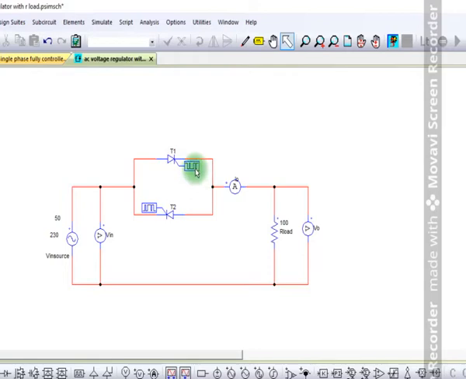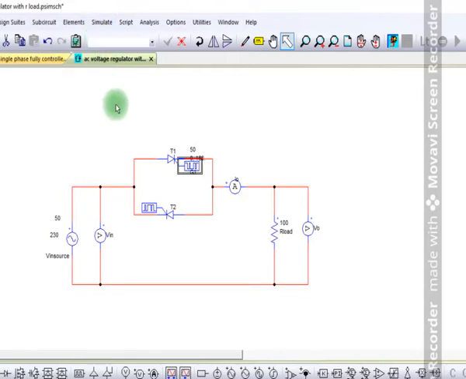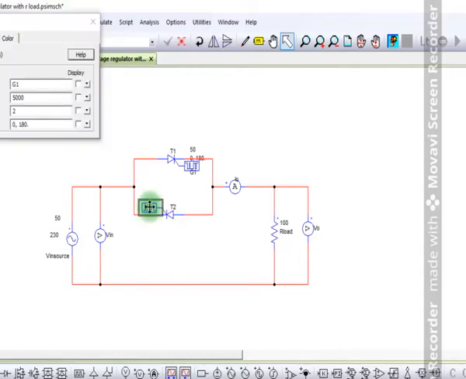these two gating blocks. In the gating blocks, we need to provide the switching points and the frequency at which we are operating, that is 50 Hertz, and this is G. Click on the boxes which we want to observe, and then click on the second gating block and name it G2, and the frequency which we are providing is 50 Hertz,